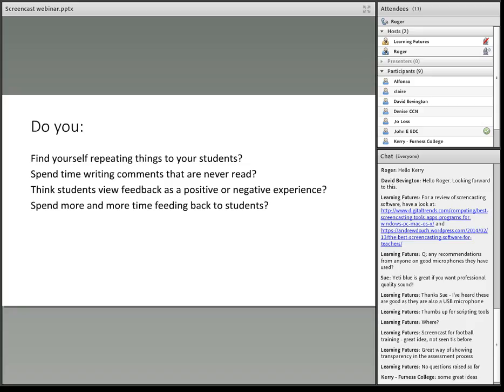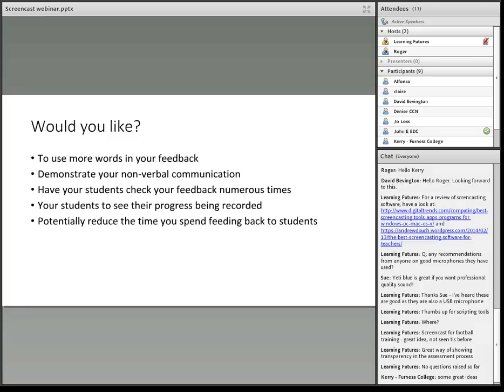Our academic staff are saying to us, do we repeat things to students over and over again? Our written comments never read. The students view things as a positive or negative experience, and certainly our staff are saying to me that they spend more and more time feeding back to students, and they're not sure about the value always of that.